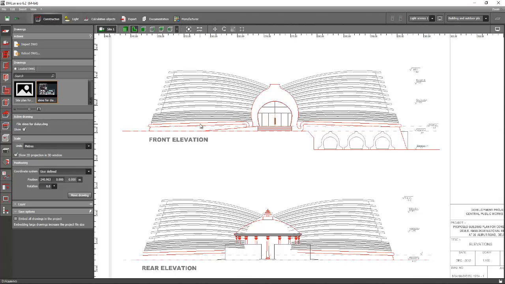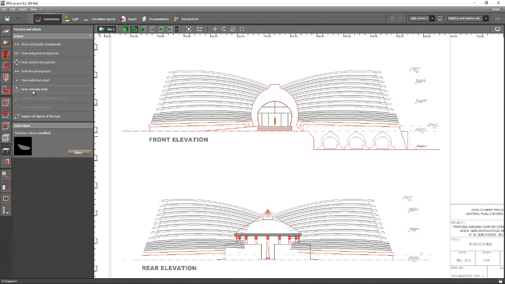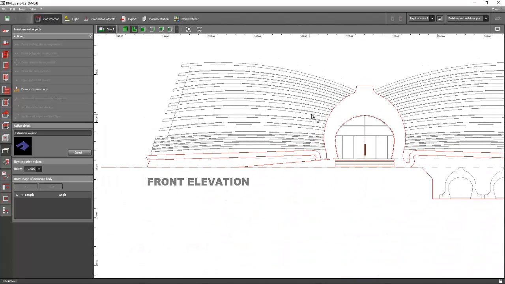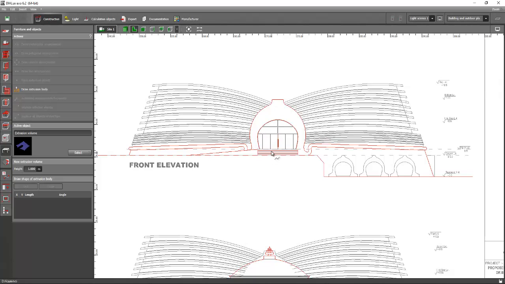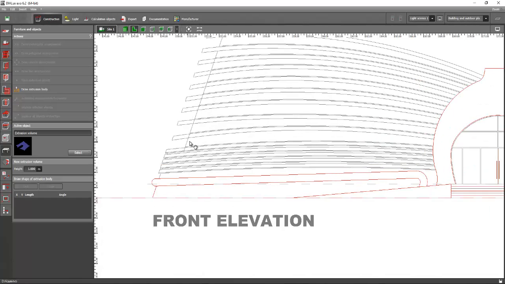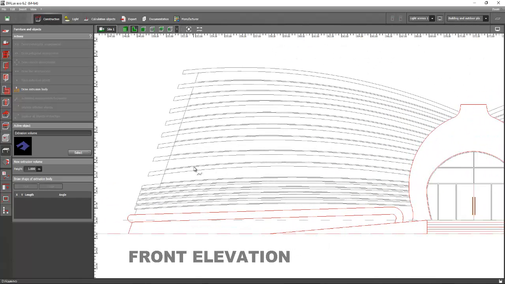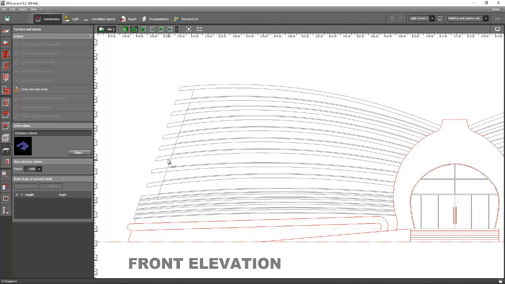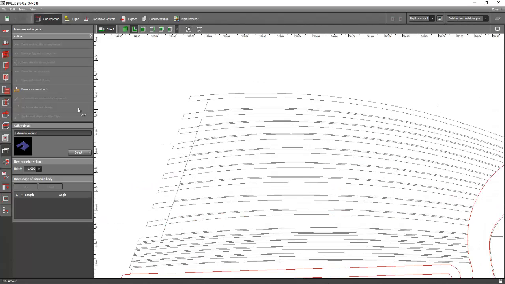To make this building low poly also, we will use the extrusion volume again. Click these objects and then draw extrusion body, and draw this building. We will only mirror it on the other side, and we will create another object inside just to show that there is a glass facade, and this one as a separate object to make it look like we have a cladding or a design on the building. So let's start now and draw it.